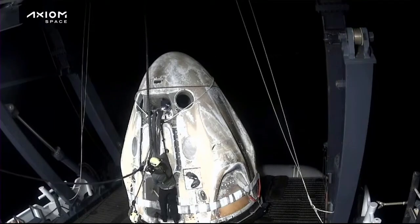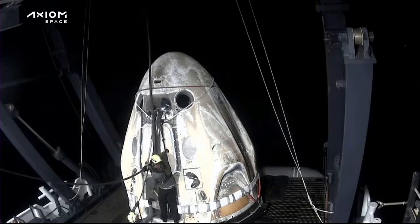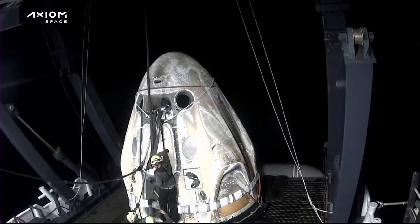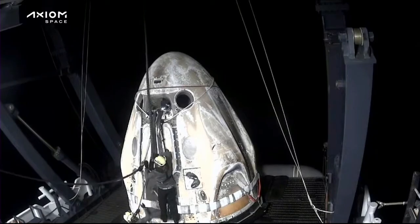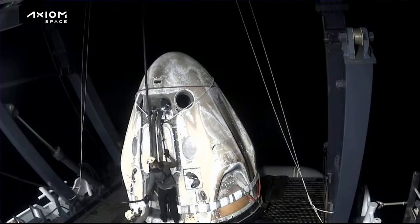For those of you that have just recently tuned in, we had an on-time splashdown at 11:04 p.m. Eastern Time, 8:04 p.m. Pacific Time. The Dragon capsule has been lifted out of the water. They landed near Panama City, Florida, in the Gulf Coast. So it's been lifted out. The astronauts,